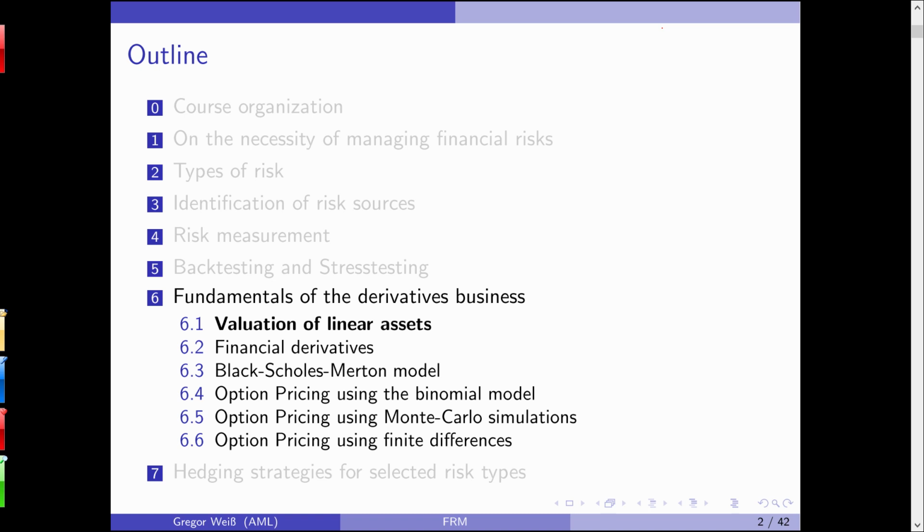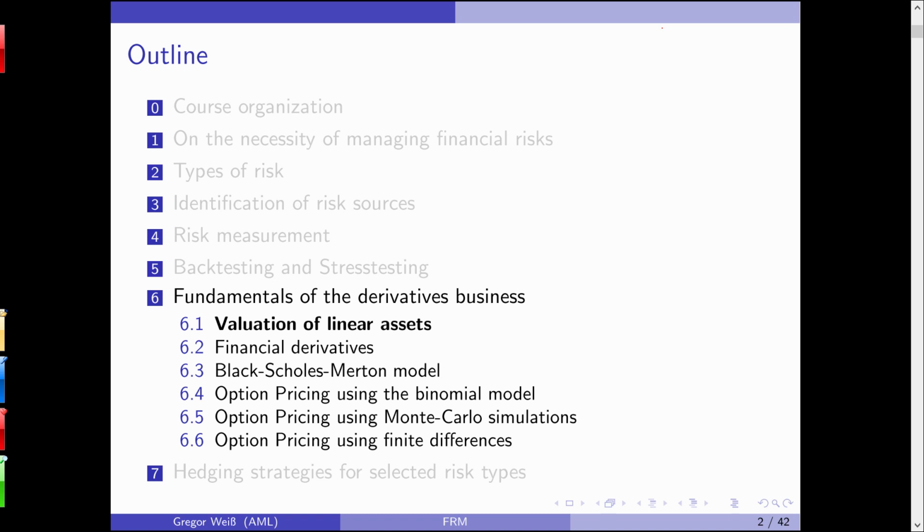In many instances in financial risk management, you can only do what? You can see that you have a risk exposure. You cannot reduce the risk exposure anymore. You cannot eliminate the risk. Why? Because you want to take the risk. You are interested in investing in this risk, but you want to hedge yourself. And then you need a hedging strategy, and hedging usually requires a counterpart to your trade, and this is usually